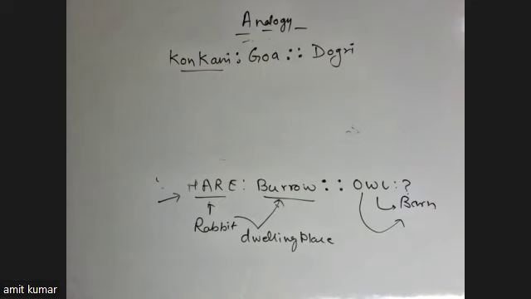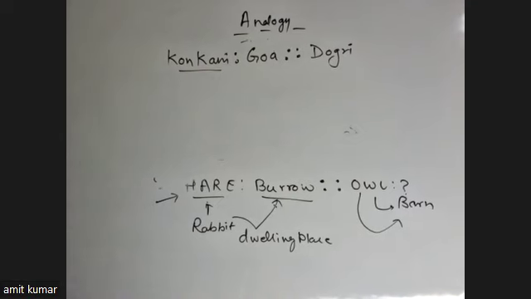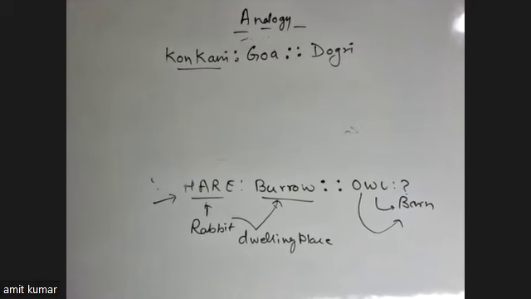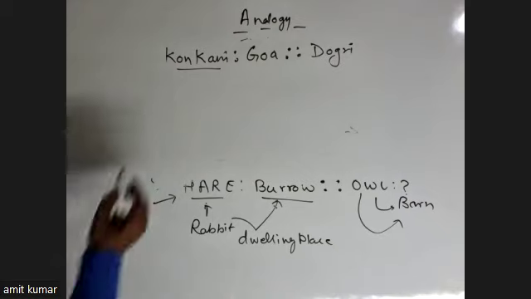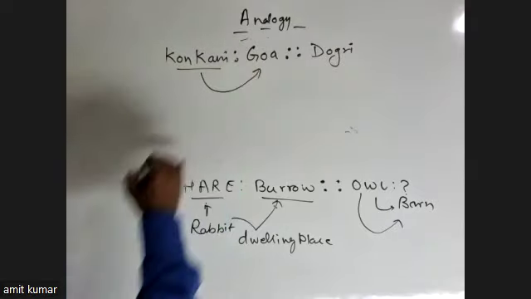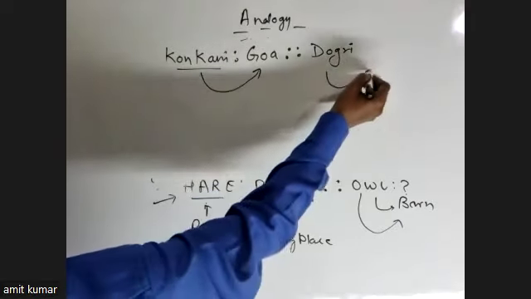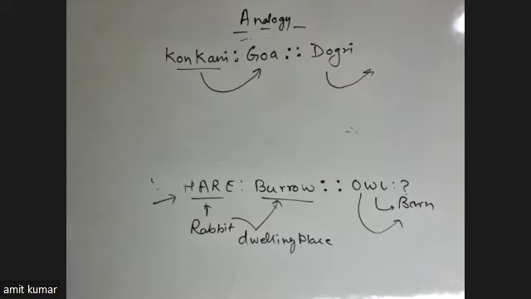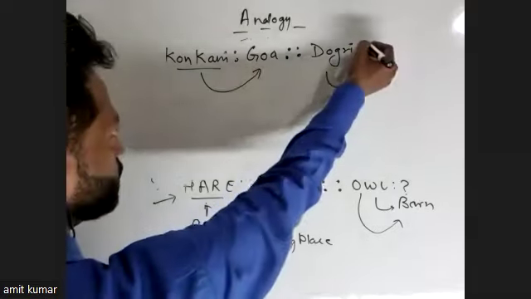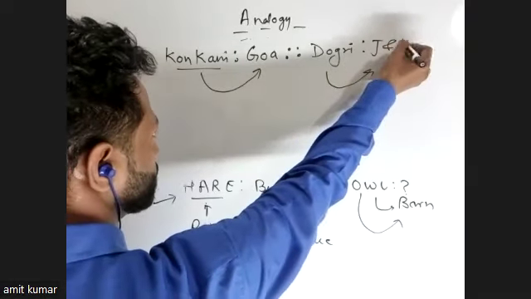सबको पता होना चाहिए बेटा कोंकणी क्या है। बेसिक है, बिल्कुल बेसिक है। Is it a dance? Sir, it's the language. ओके, डांस हो सकता है, लैंग्वेज हो सकती है। Yes, language of Goa. Konkani is a language of Goa. So Dogri is the language of which state? जम्मू एंड कश्मीर बेटा।